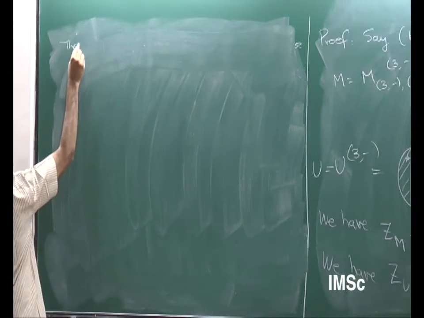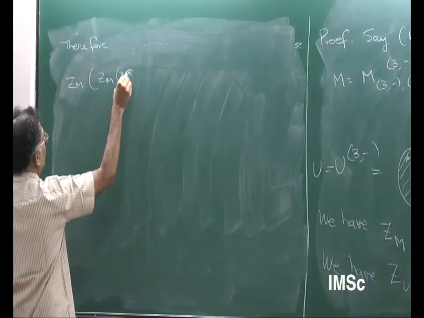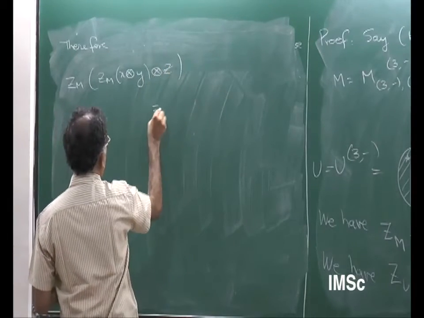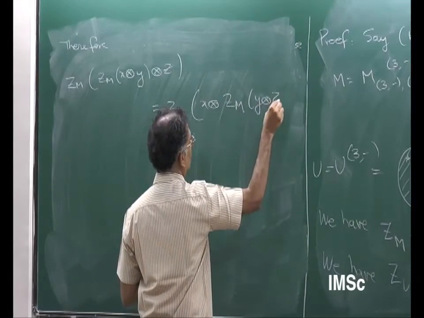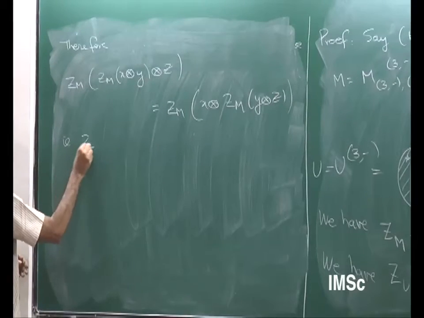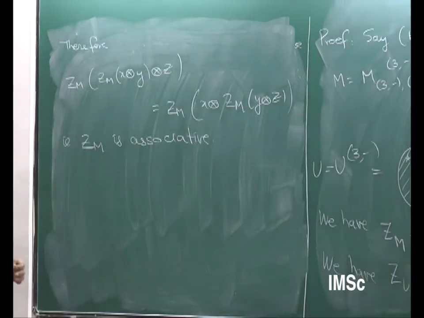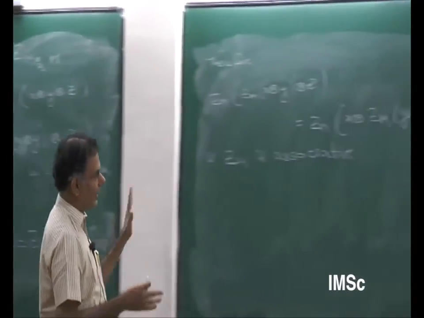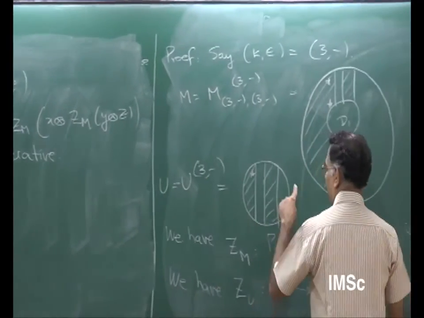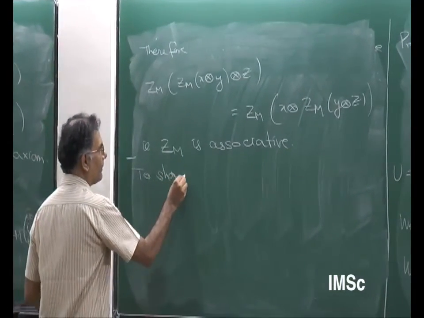Therefore, Zm of X tensor Y tensor Z equals Zm of X tensor Zm of Y tensor Z. In other words, Zm is associative. That's exactly what associativity means. So this multiplication that we have defined on P3 minus, therefore, is an associative multiplication by the substitution axiom. Then we want to use the other thing. We want to say that this is a unit. So to show that P3 minus is unital,